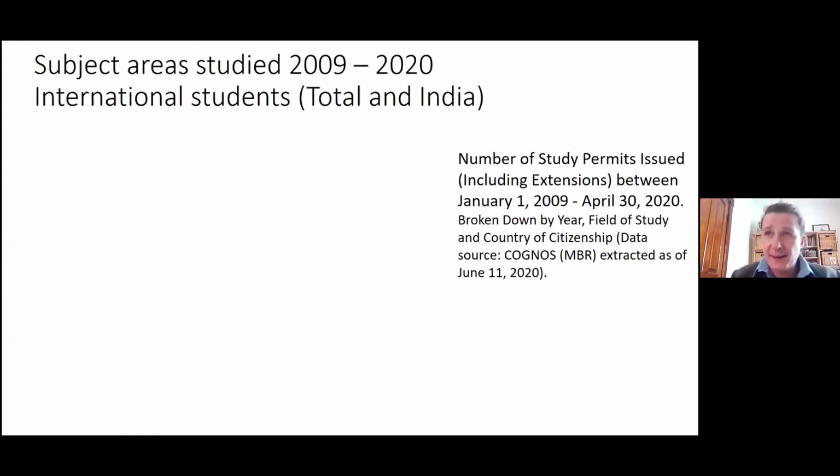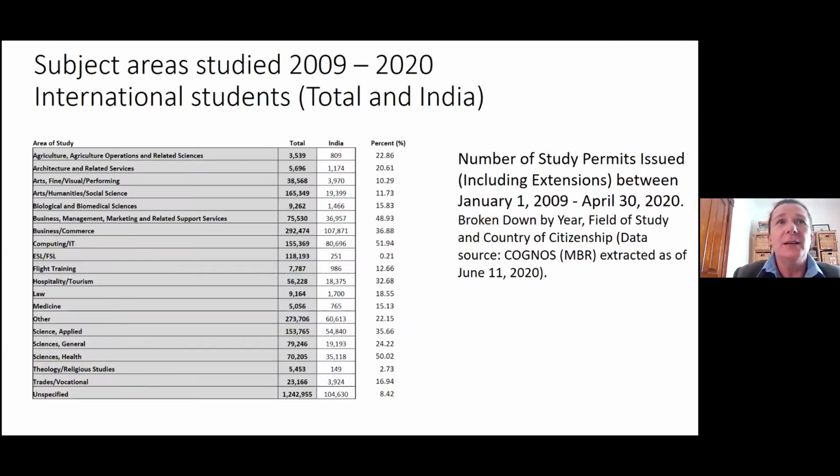Now, in understanding what's happening with international students in Canada, it's interesting to consider the subjects that are studied. This is relevant, of course, to what's happening in the universities and colleges, but it's also important in terms of understanding potential labour market attachment for these international students. Looking at data on subject areas studied from 2009 to 2020, I've highlighted here the numbers for all students and then drawn out the number for India as well as the percentage. I just want to highlight some of the top subjects studied by international students. So this includes business management, marketing and related support services,